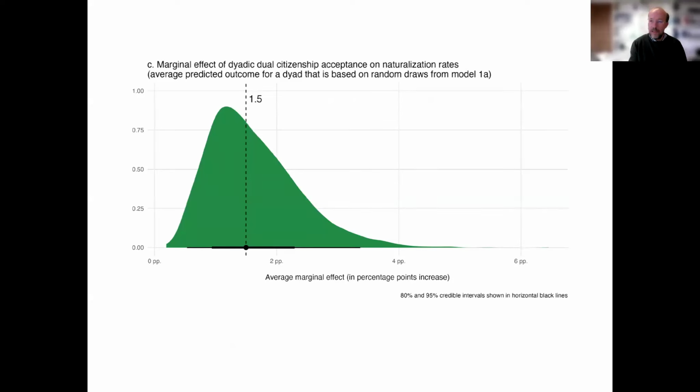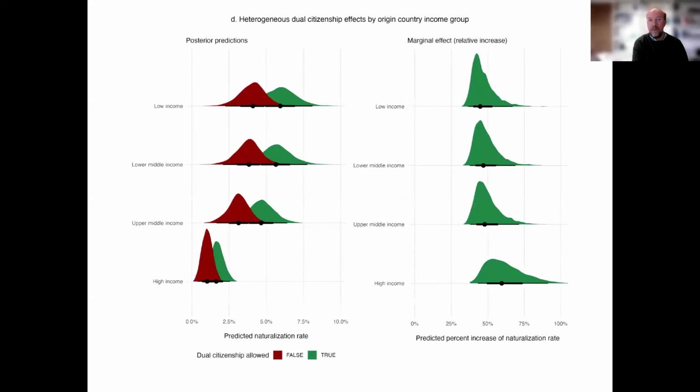Is this much or not? This depends how you look at it. As I already mentioned, dual citizenship is, of course, one of the considerations that people have when they want to naturalize. This is also affected by where people are coming from, where they go, how long they have resided in a country, whether they are married with a citizen or whether they have children. So there are all kinds of variables that can be taken into account, and dual citizenship is one of the elements that people take into account. And with our dyadic data, we can take this into account more carefully.